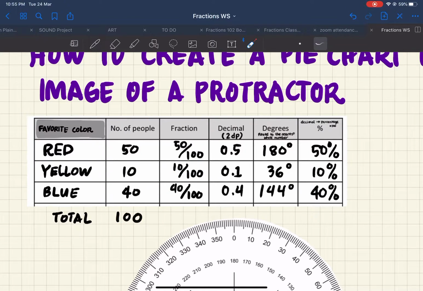And make the fraction into a decimal. So a fraction is a division problem. So 50 divided by 100 is 0.5. 10 divided by 100 is 0.1. 40 divided by 100 is 0.4. Next, we calculate the degrees. Now, if you remember from the beginning of this worksheet, we multiply the decimal. We multiply the decimal by